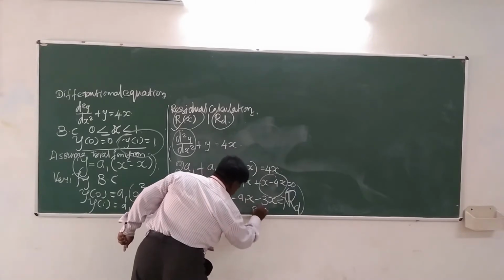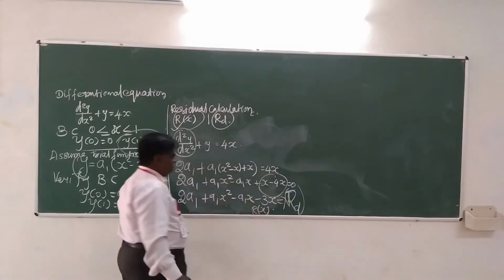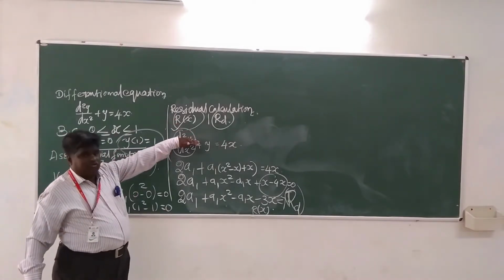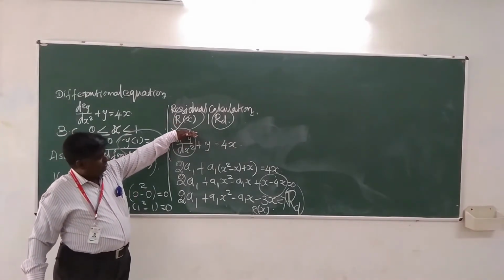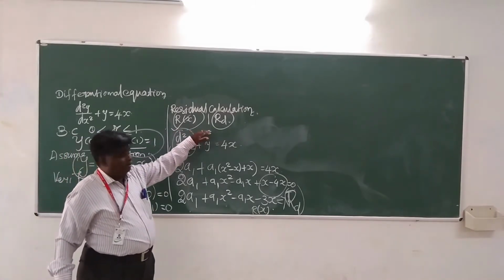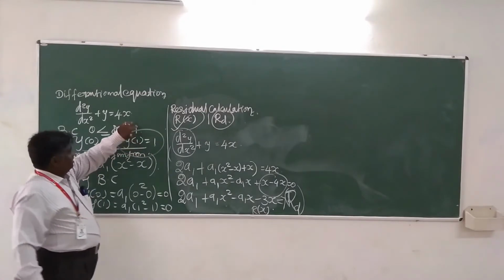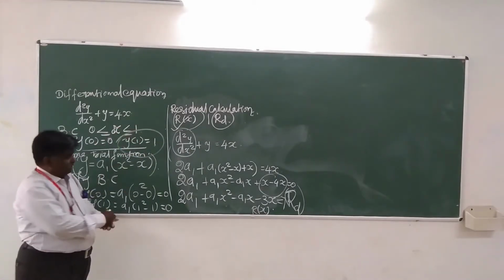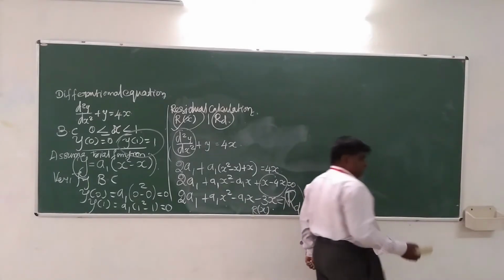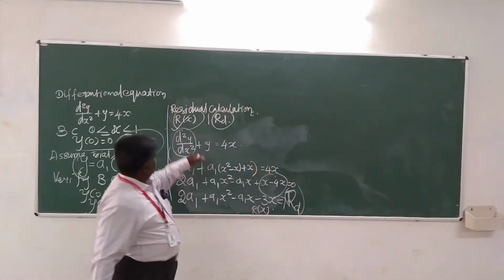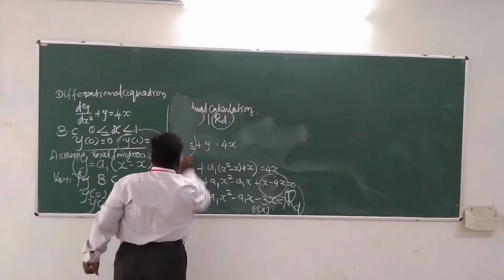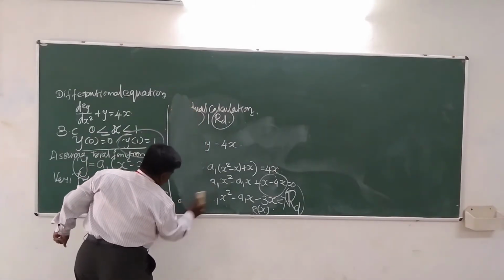Residual r of substitute r of x. So we are determining the residual calculation. After the residual calculation, by using a Galerkin approach, we have to determine the value of parameter a1. What is the Galerkin approach? It is an integration with limits 0 to 1 of the product of weight function and residual.